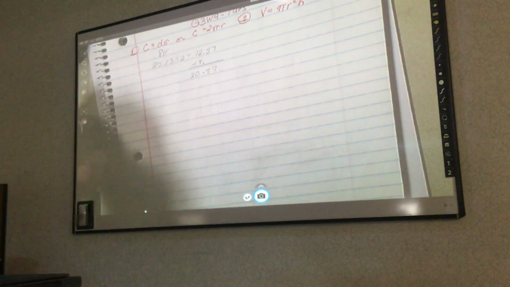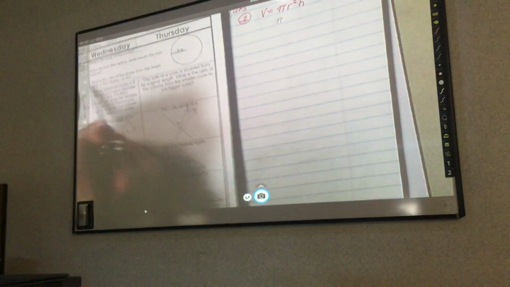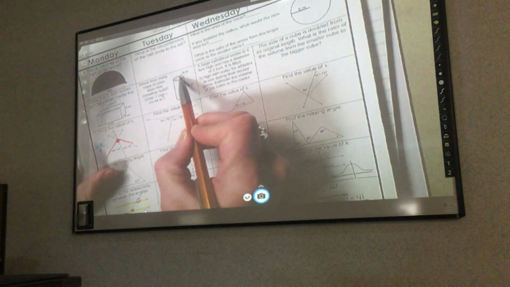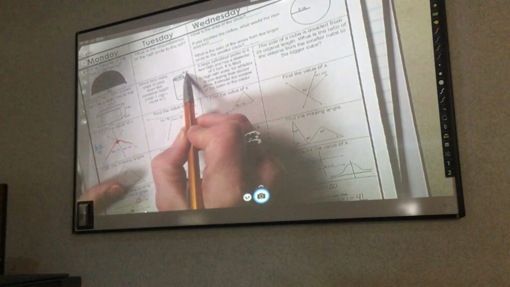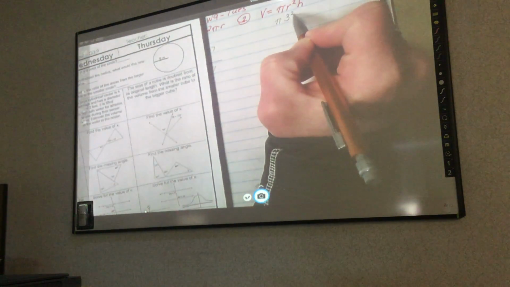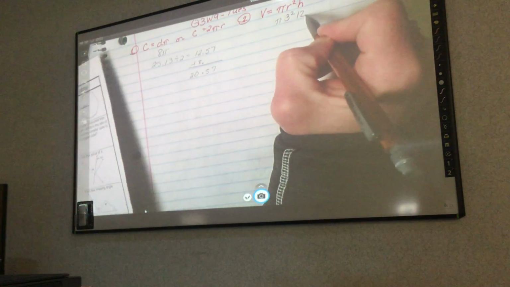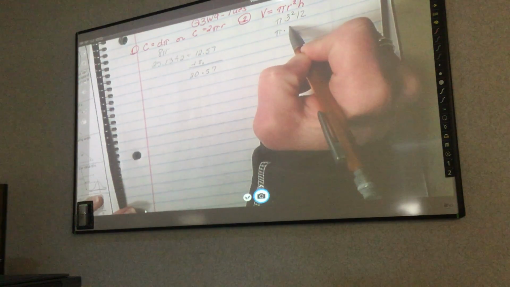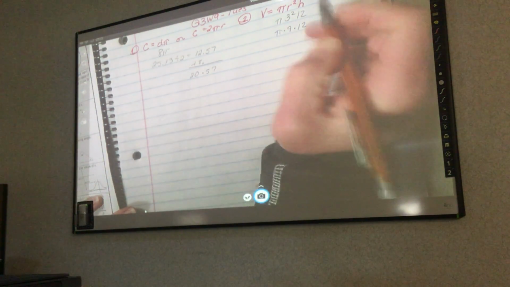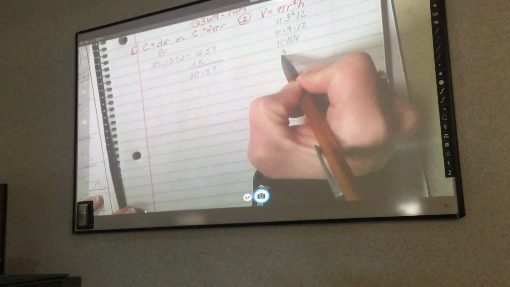So I know pi, so I'm just going to leave pi. My radius: this here, remember when it points to the center, that means that entire line across is 6. So for the radius, I need half of that, so that would be 3 squared. My height is here, which is 12. You can plug that in your calculator, or it would be pi times 9 times 12, or pi times 108. Put that in your calculator, and I get